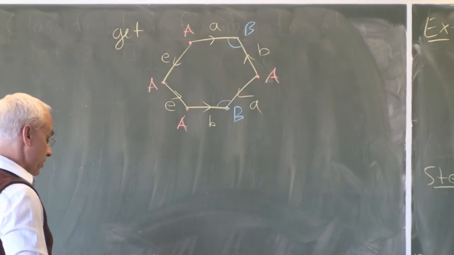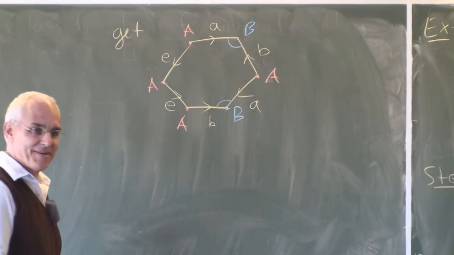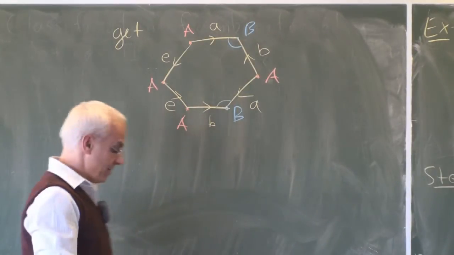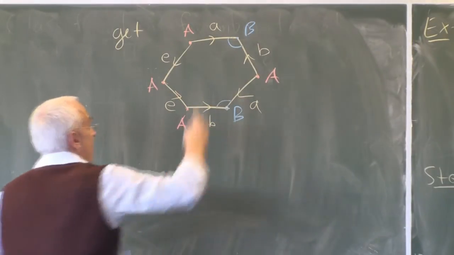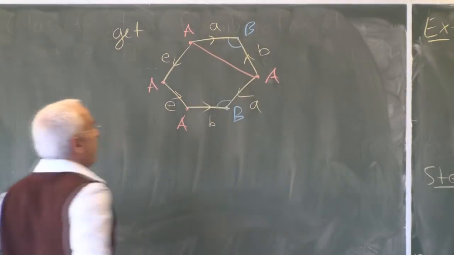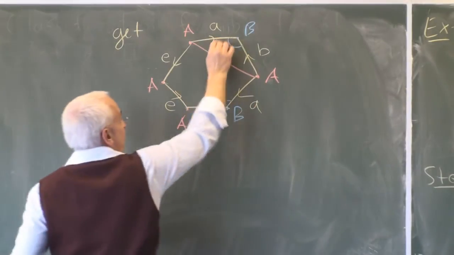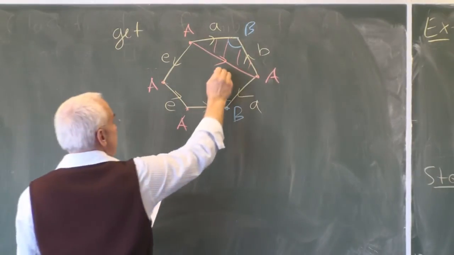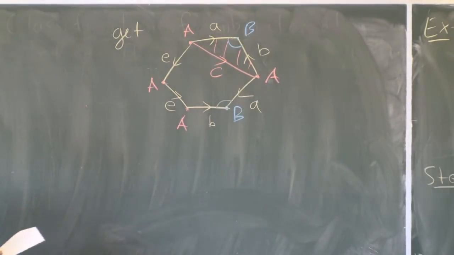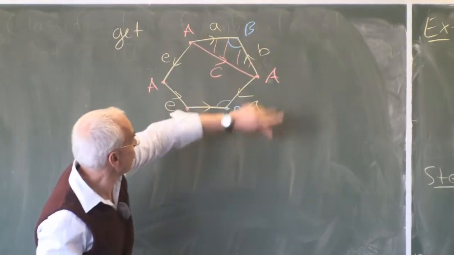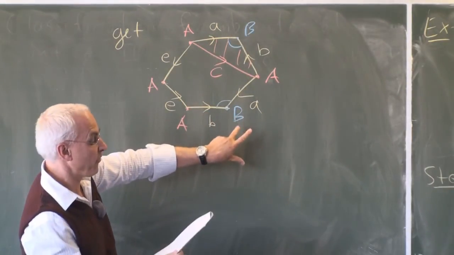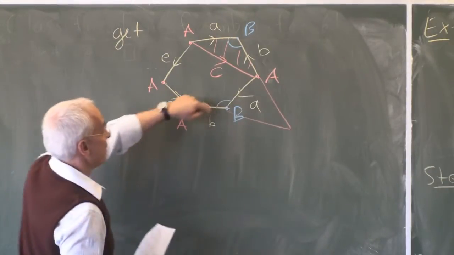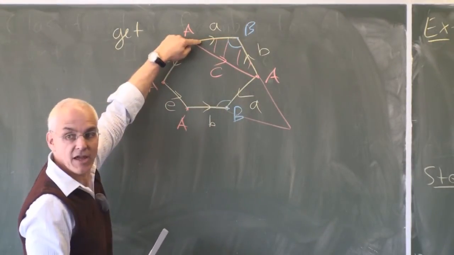Since we're doing well, let's do it one more time. We want to continue this process to get rid of all the B's. So let's do it again. Let's cut off this one here. We're going to cut off this triangle now with a new edge, which we might call C. And we'll take this triangle and move it out, and attach it perhaps right here along the A edge, which matches up with this A edge.